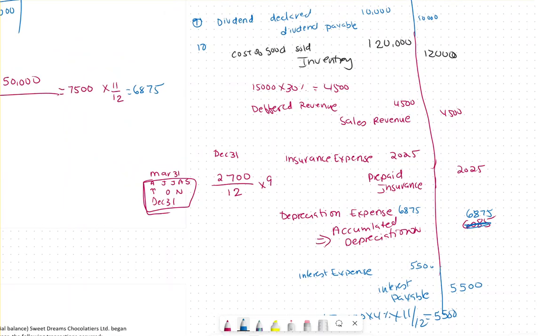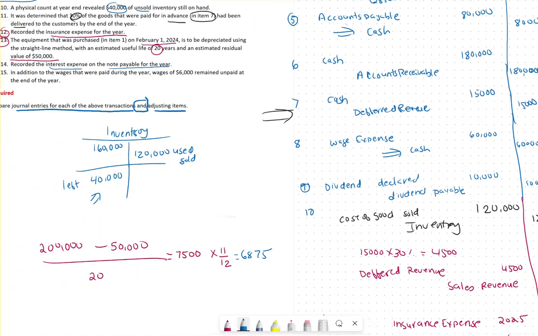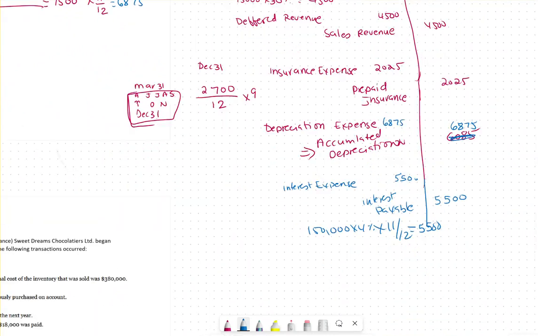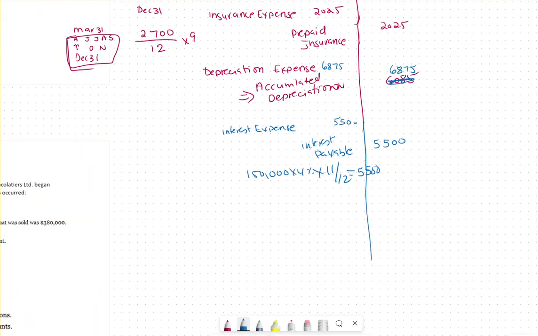We left with one more transaction now, and it is for the wages. In addition to wages that was paid during the year, 6,000 was remain unpaid, means we haven't paid some of our employees. If it's not paid, debit will be wages expense, credit will be my wages payable. And that will be for the $6,000. So that's what we're gonna do. So this was the question